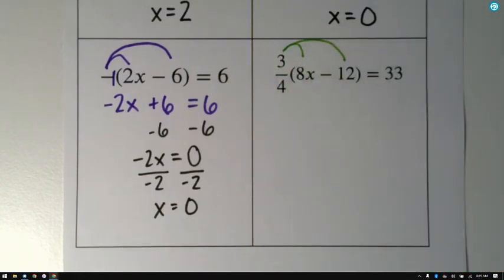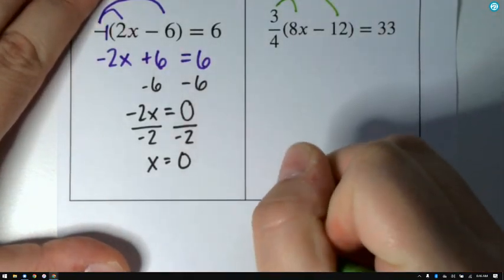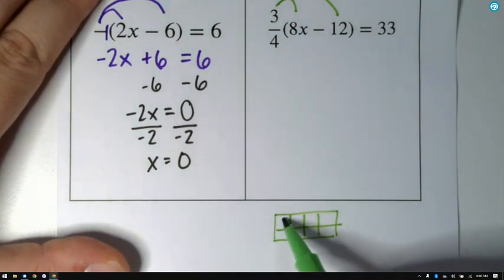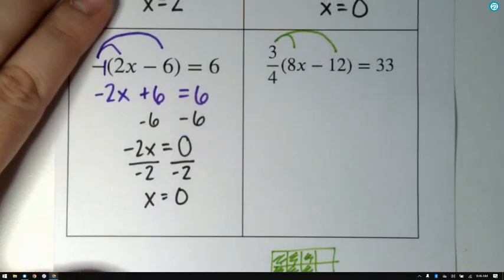I want to challenge you on these ones to think about what these fractions actually mean, though. So, think about the number 8. What is 1/4 of 8? 2. If I were to take 8 and split it into 4, I would get 2. So if 1/4 of 8 is 2, what is 3/4? 6. 2, 4, 6. So I'll just draw a little picture down here. If I have 8 little boxes down here, 3 out of every 4 would be 1, 2, 3 out of those 4, 1, 2, 3 out of these 4. That's going to be 6. So I've got 6x